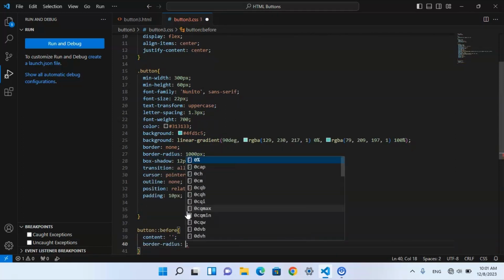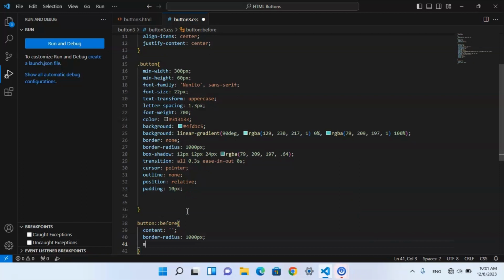And now select a button ::before content,